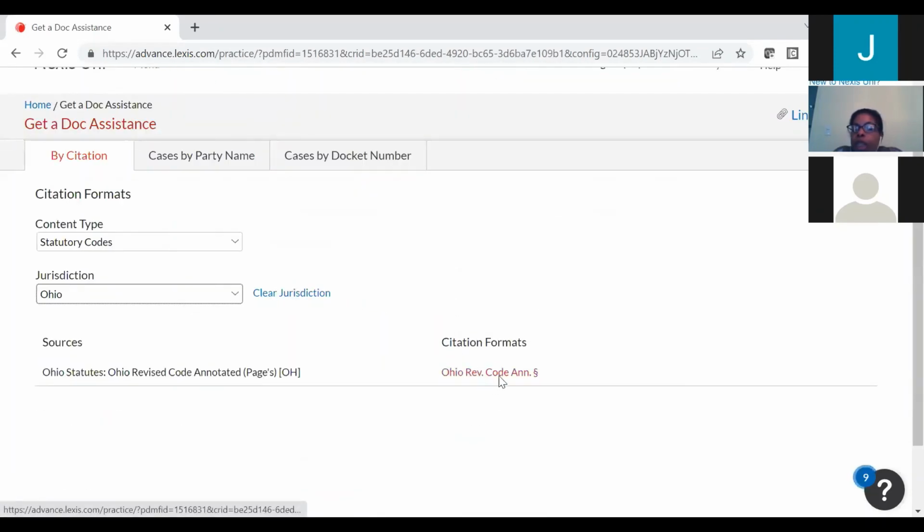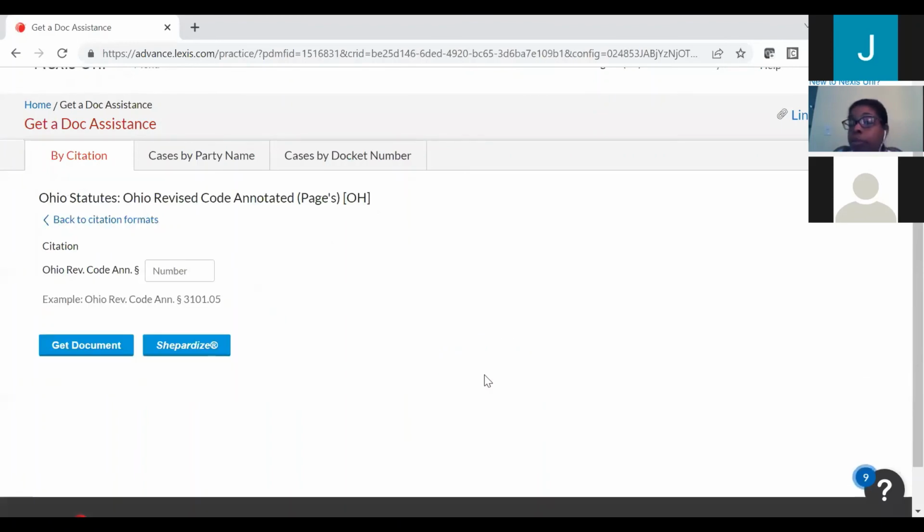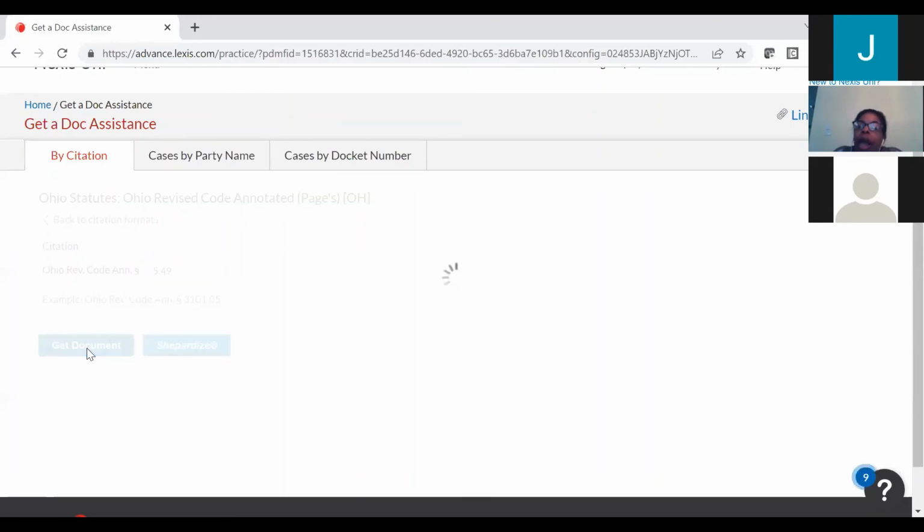And now all I've got to do is click on this hypertext link, because like I said, I may not be aware of what Ohio calls its statutes. So I'm going to type in my 5.49, click on my Get, and this will go get that Ohio statute for me,